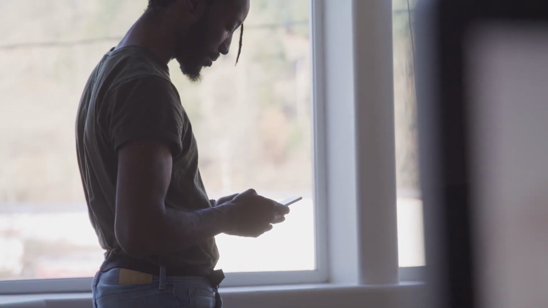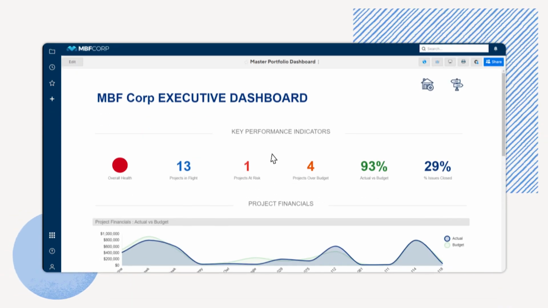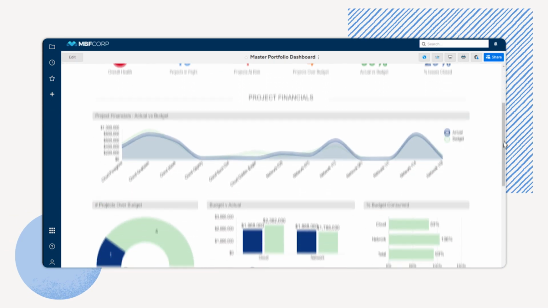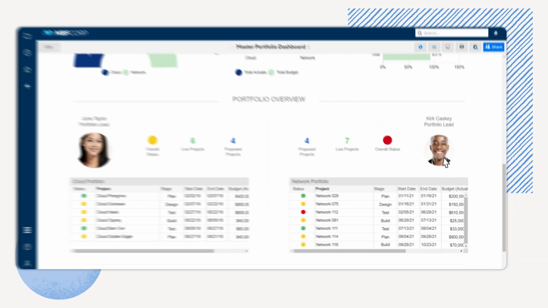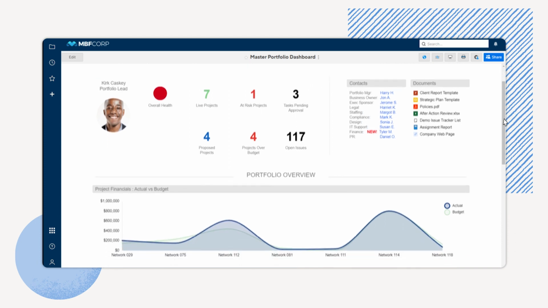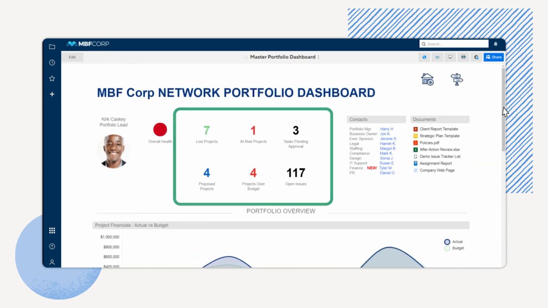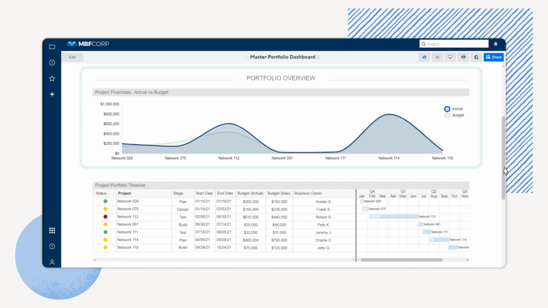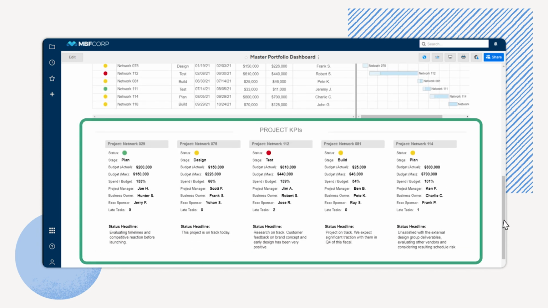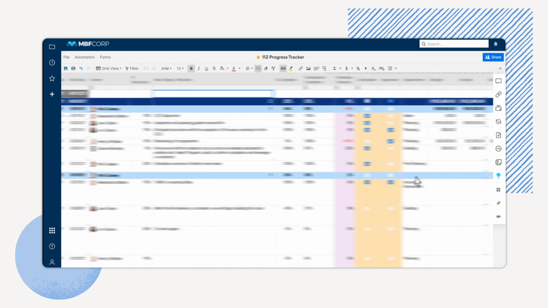Now that you have your intake process dialed, you need to monitor the progress and performance of the work as it's happening. With real-time reporting across your portfolio, you can spend less time on status reports and more time actually doing the work and managing your teams. And dashboards in Smartsheet are easy to configure, so you don't have to be a developer or BI expert to report on progress. Use your knowledge of the key metrics and KPIs essential to your business to build reporting and dashboards that provide high-level visibility to management and stakeholders. Now you've got one location to report on progress, see the health of your program, drill down to individual project plans, and make adjustments as needed.